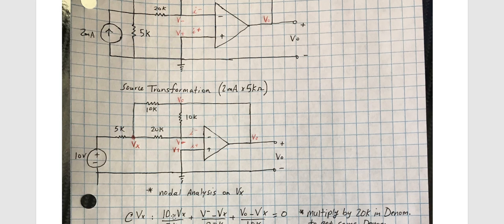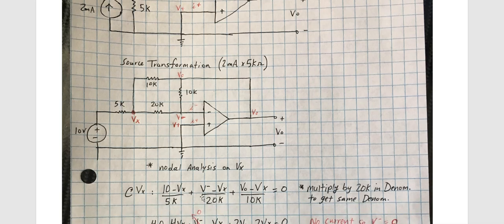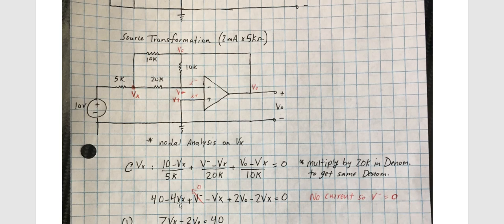This is just V over R, which is I, Ohm's law, plus V minus over Vx over the 20K, plus VO over Vx over the 10K. Should all equal 0. Now the denominators are different, so we want the same denominator, so 20K. To get to 20K from a 5K is just multiply by 4, so you multiply the top by 4, multiply the top by 2, so we get 40 minus 4Vx plus V minus Vx plus 2Vo minus 2Vx equals